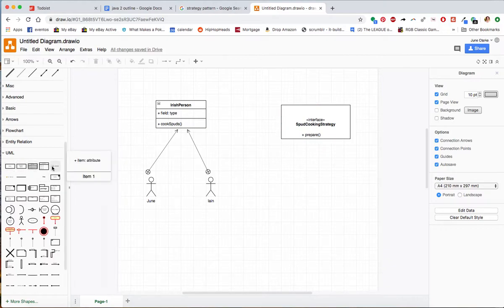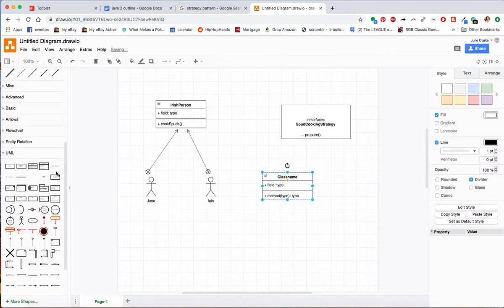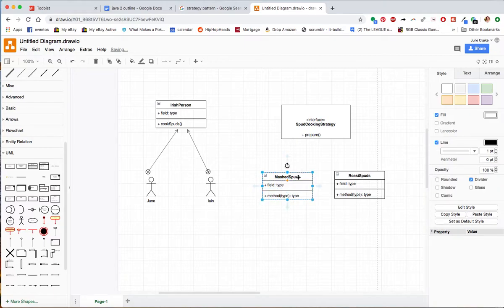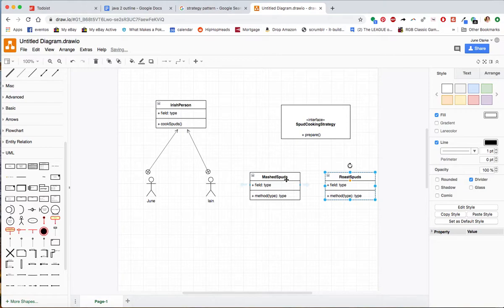So let's have, which one of these will I get? How about you? I get two of those. Okay, so this is going to be for mashed spuds, roast spuds, and you can have a lot of variations of different potatoes. You can make croquettes, you can have double baked potatoes,